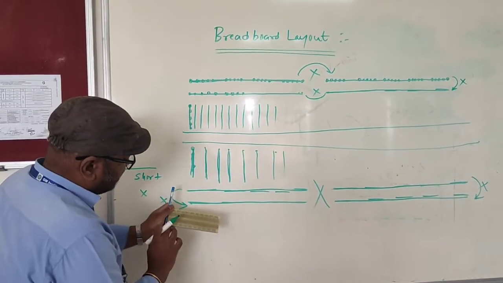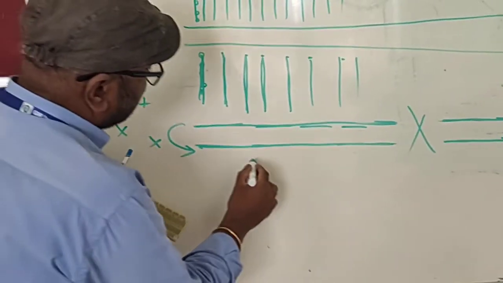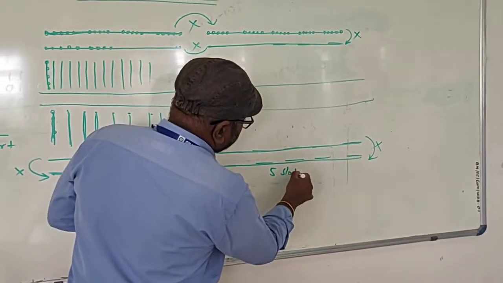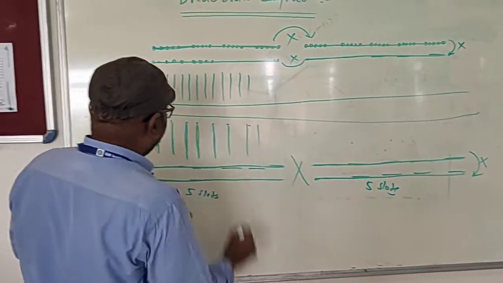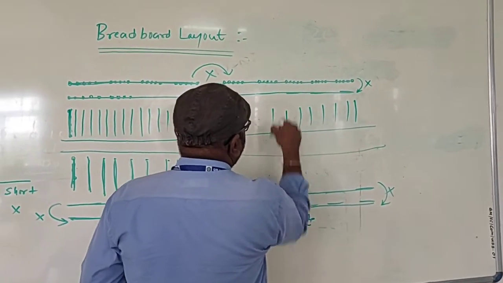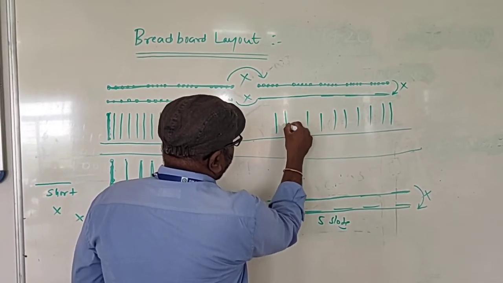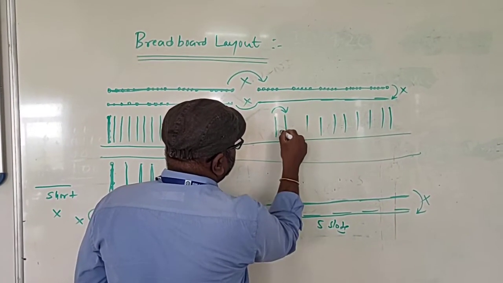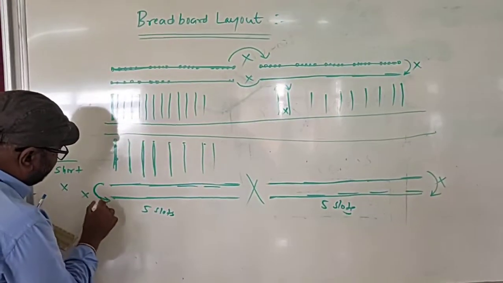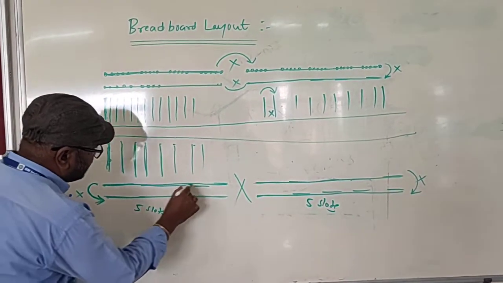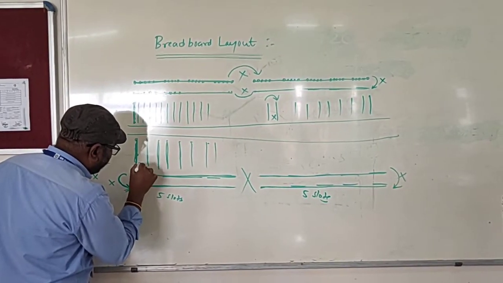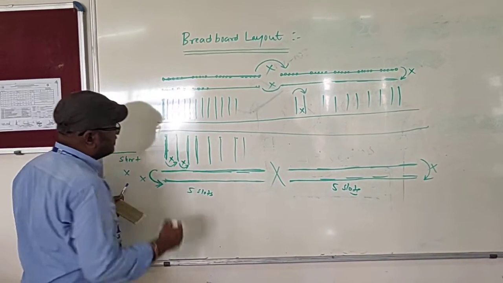In the bottom, these are all horizontally shorted up to these 5 slots. Here it is 5 slots, horizontally shorted. Vertically it is shorted from here to here. All these are vertically shorted. But remember one thing, there is no connection in the vertical path between this and this. And horizontally there is no connection between this and this. Here it is horizontally shorted, here it is vertically shorted, but there is no connection between this and this.